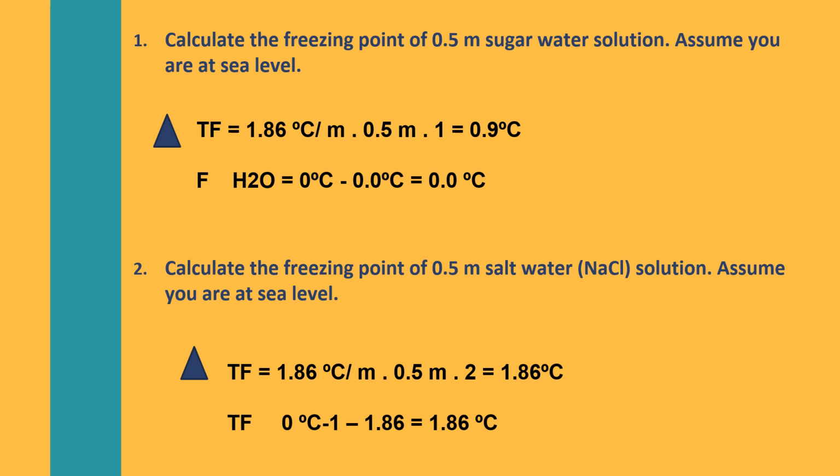We have the same molality, however now we are dealing with salt water. So which is going to lower the freezing point more, the sugar water solution or the salt water solution? Well, you can imagine, because the van't Hoff factor for sugar is 1, and here it's going to be 2, that salt will in fact decrease the freezing point more. So take a look here in order to figure this out.